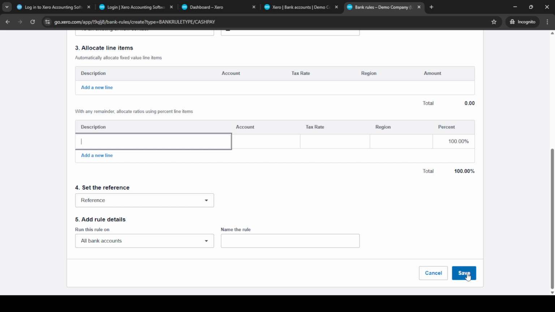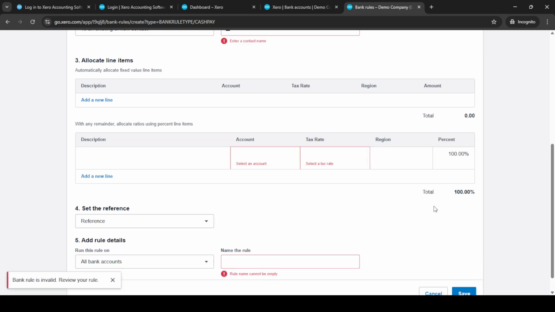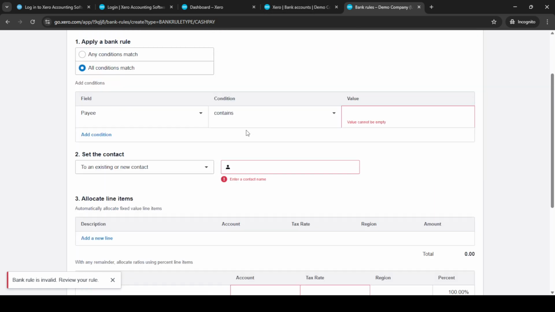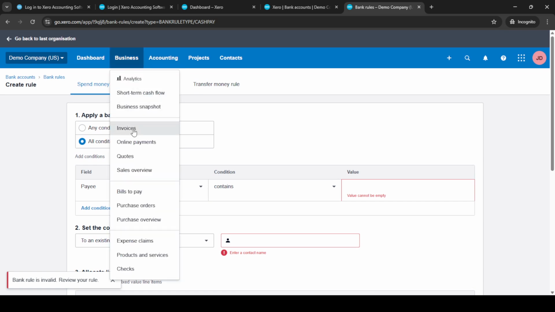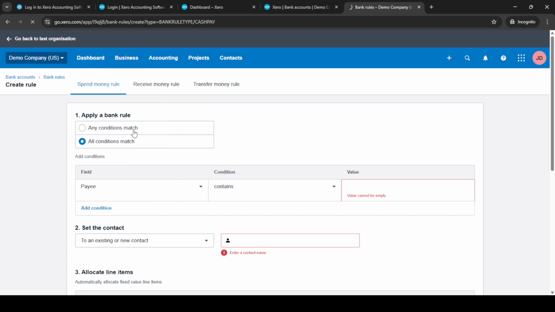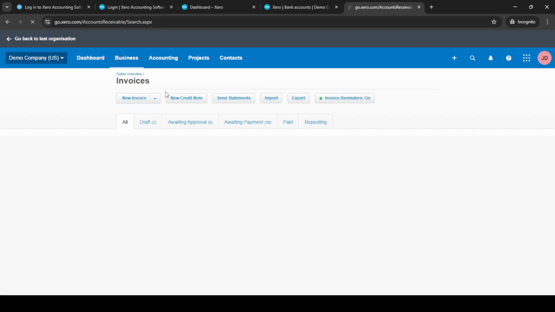With that, you've successfully automated a transaction using bank rules in Xero. Repeat the process for other transactions to maximize efficiency. And there you have it, a quick and straightforward method to automate your bank account reconciliations using Xero's bank rules. Implementing this in your daily workflow can greatly enhance your